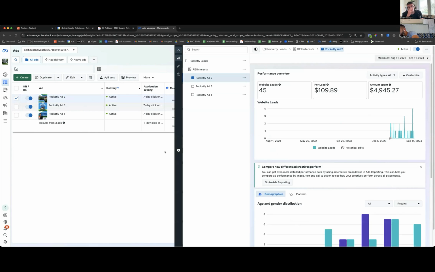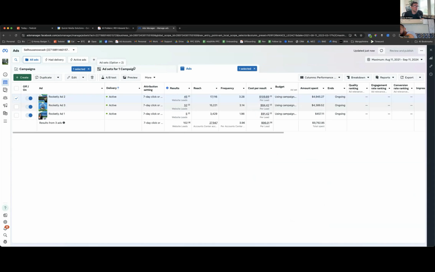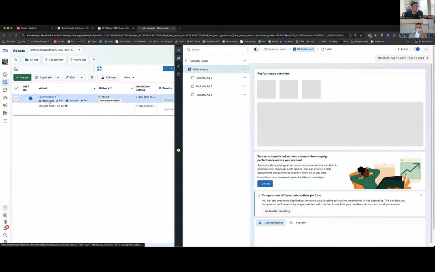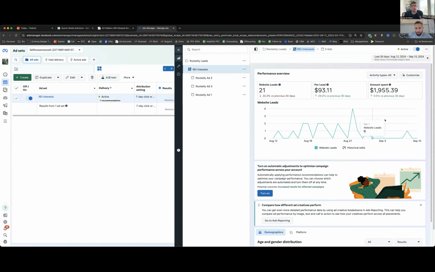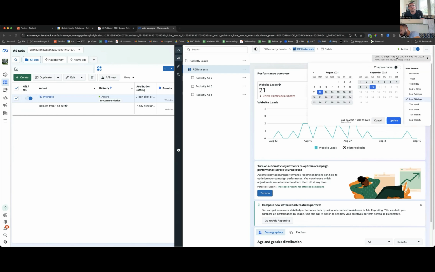So what I would look at is the lead flow. And actually, first I want to look at it at the ad set level. So if we go here, we go back last 30 days. You've got nothing going on here for a while. So that's a problem. If we go back farther,